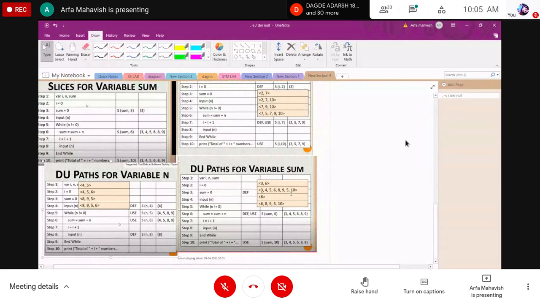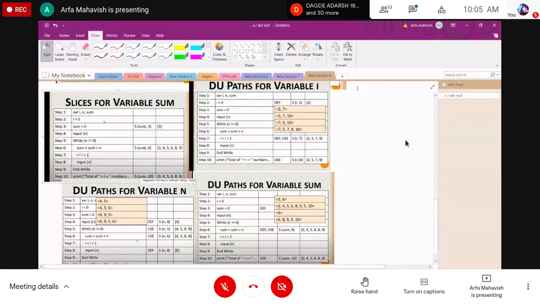In the second and seventh, the variable is called over here. In the second and 7th, next it goes to line 10. Then 7th, 9th and 10th is the flow of steps we are showing for the variable i. Same for the variable n and the variable sum.